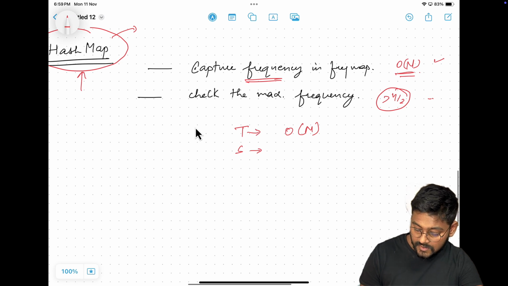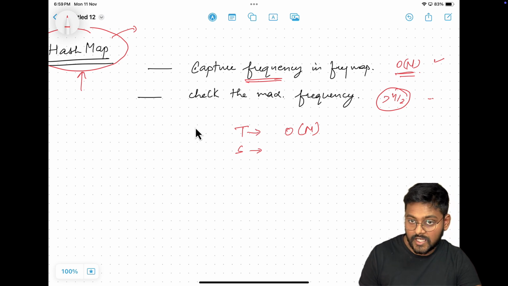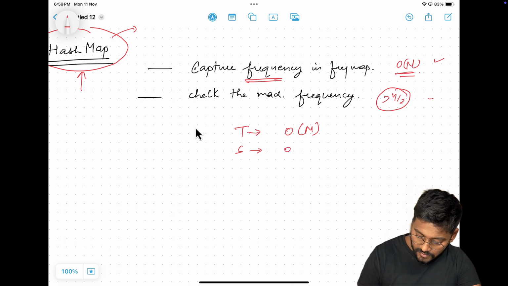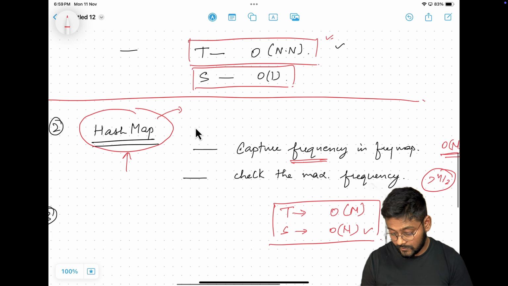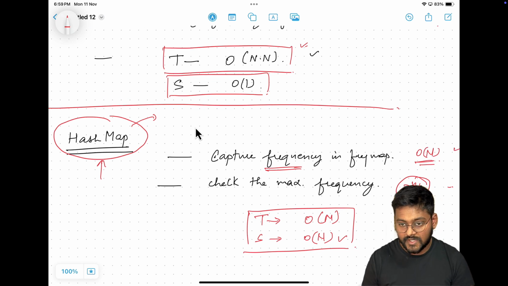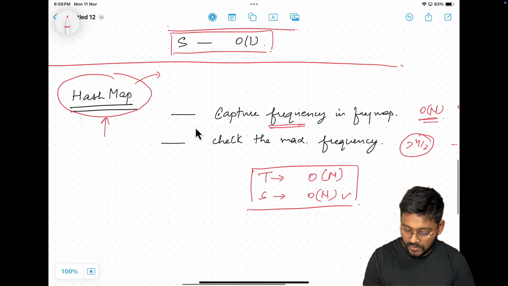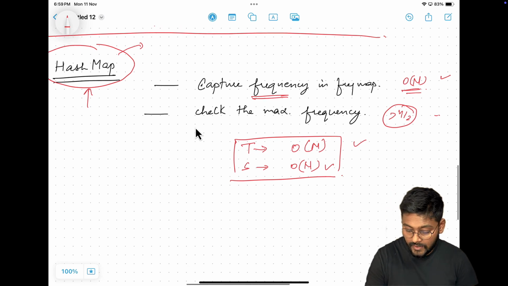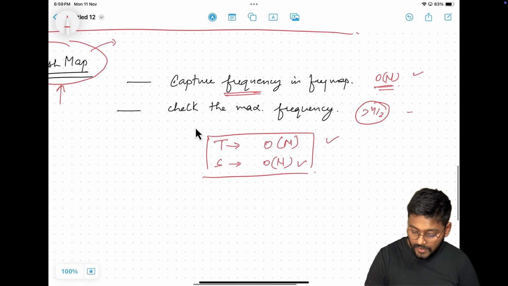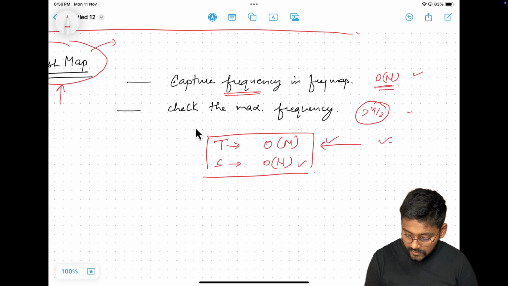But the condition here is that we have to use another hash map data structure that is going to be order of n extra space. Okay, I hope this solution is clear to you. Previously in the brute force it was n square, which was not acceptable. Here we have improved the time complexity from quadratic to linear, and linear is acceptable, that is good,